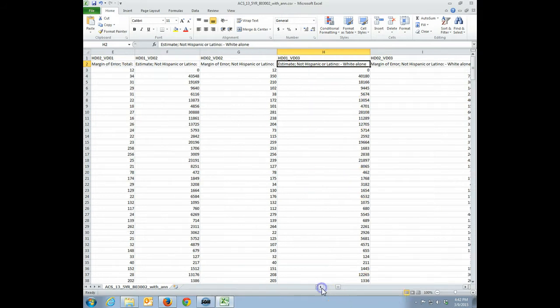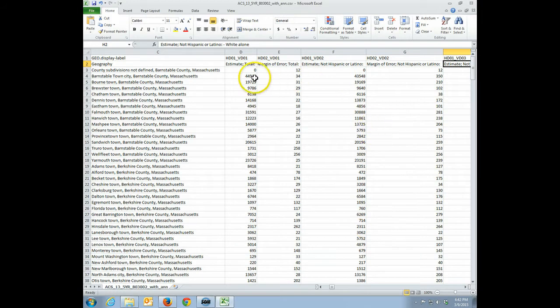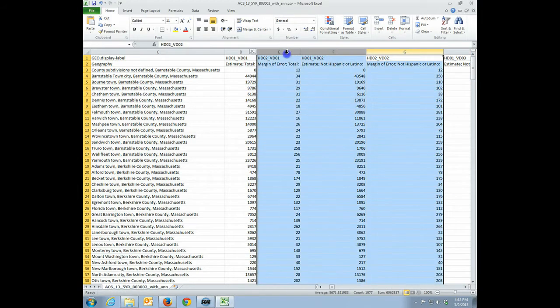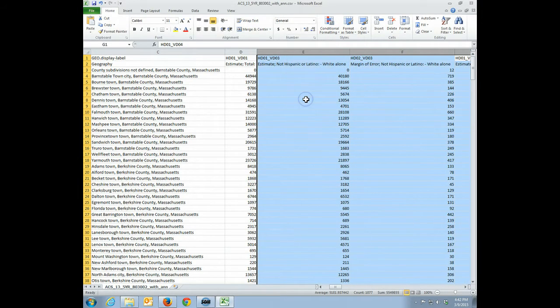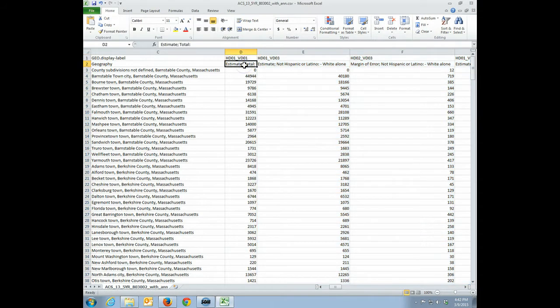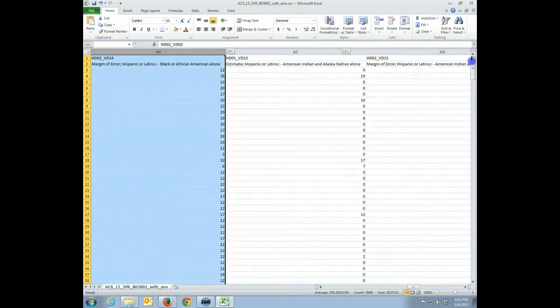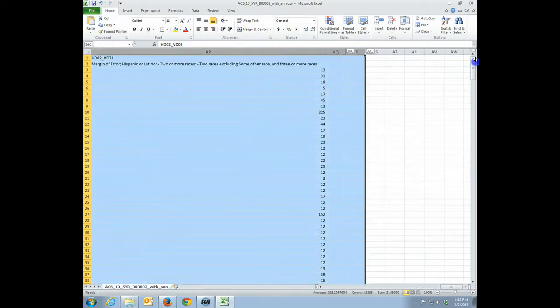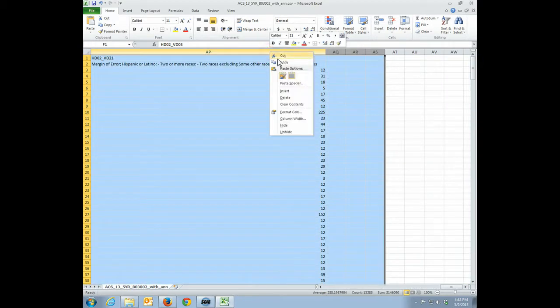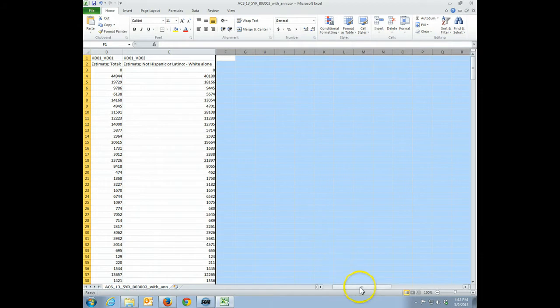So we're looking for that column and the total. So we're going to eliminate the other columns that we don't need. Okay, so make sure we got the right columns. We want total, people who are white and non-Hispanic, and then the rest of these columns can go. So I'm just going to highlight all of them all the way to the end of this table, and then I'm going to right click and delete them, and I'm doing that so that we don't get mixed